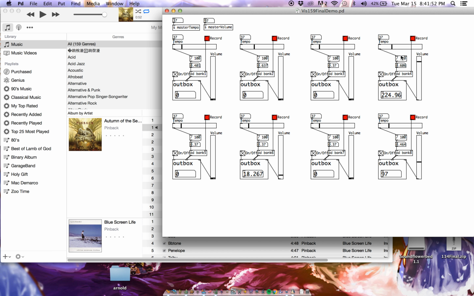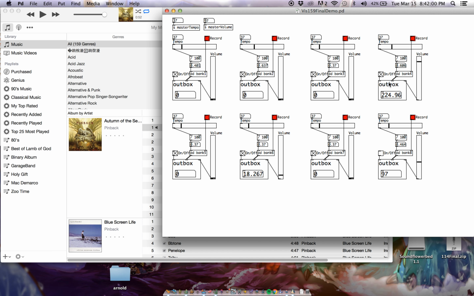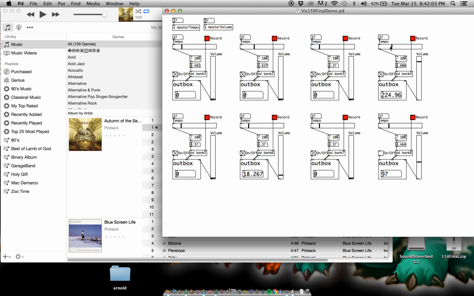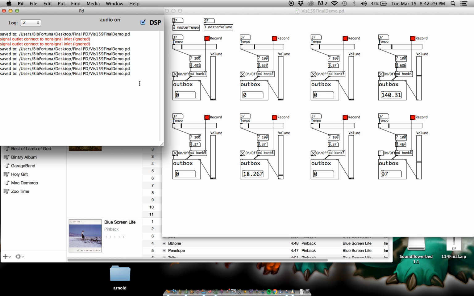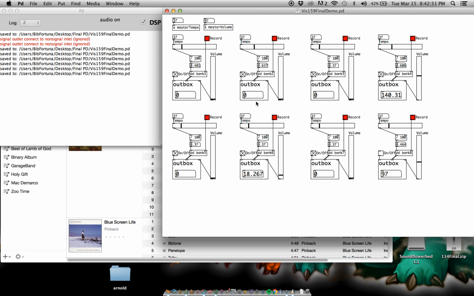Anyways, I just wanted to explore some concepts that we talked about in Music 171, which is phase shifting, which is basically messing with the tempo and seeing how it affects the pitch. But as far as how this relates to Vis 159, of course, obviously this is all done on technology. This is done via this program, Pure Data. This guy right here. So it was all written by